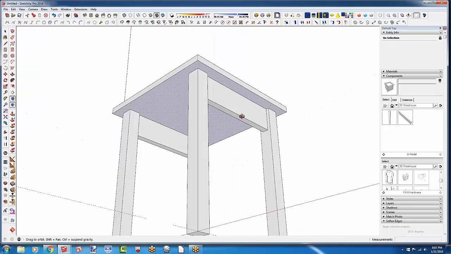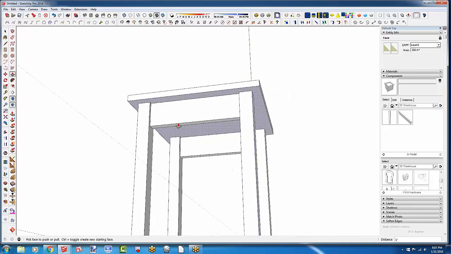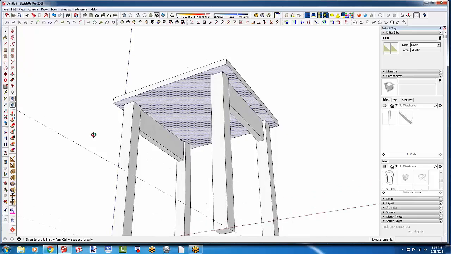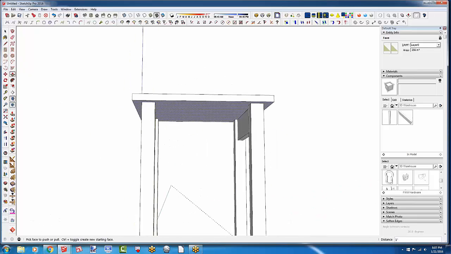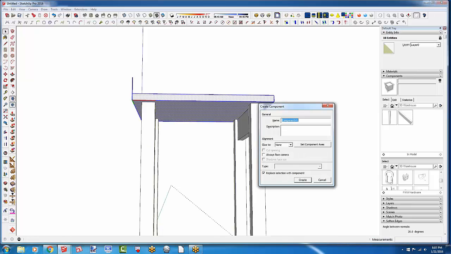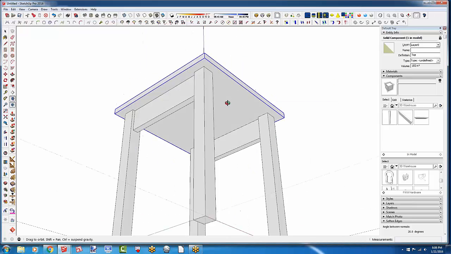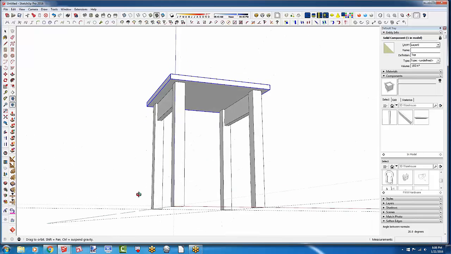And there's a top that's centered on the legs. No calculations, no futzing with where you put it. It's not a very sturdy table the way it is, but